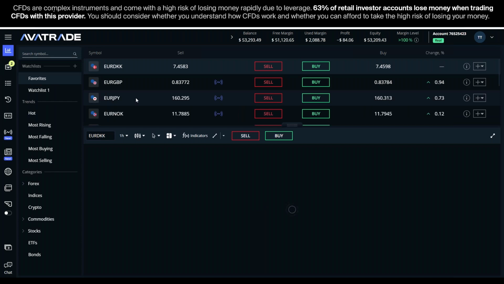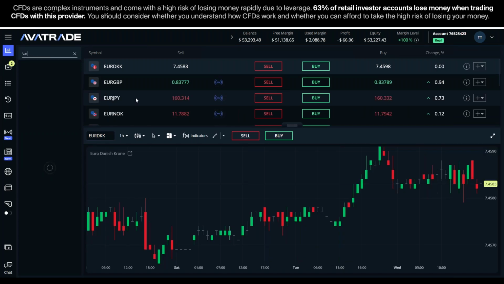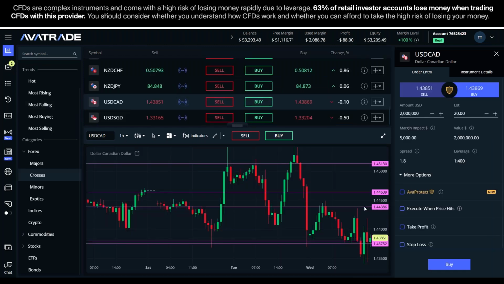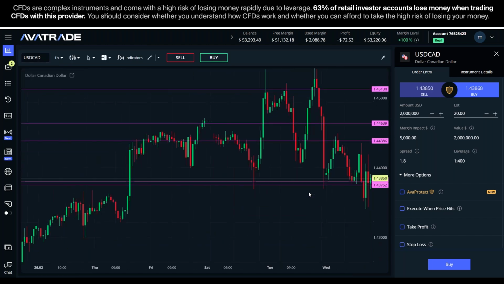Okay, so what else can we look at? Sometimes you look for currency pairings that might be out of line. Like, I don't know, with the trade war stuff, we could look at USD Canadian. And so tit for tat back and forth with tariff threats and tariffs being thrown in place between the US and Canada. You can see here the US dollar pulled the Canadian dollar down. Okay, downward direction today on the 1 hour candles. But we also saw the US dollar weakening against the euro, against the pound, etc. So we can start to look and see,